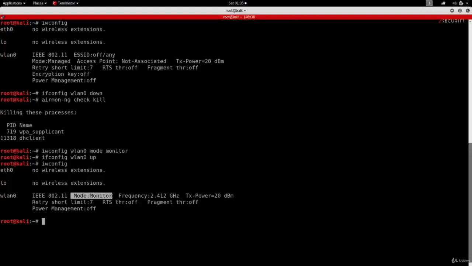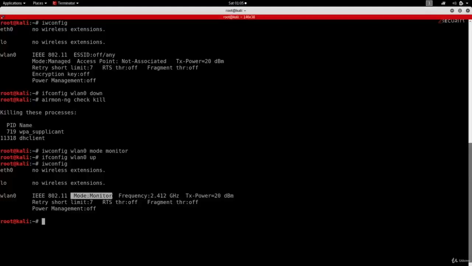So in the future, if I say use your interface in monitor mode, this is what I mean. You'll basically have to enable monitor mode as shown in here. I've also included a YouTube video in the resources of this lecture to show an alternative method to enable monitor mode, just in case you got errors with this method, or you tried to follow something that I do in the next lectures and it didn't work. Then you can come back and try the alternative method. But if monitor mode is enabled successfully, then you don't need to watch that video, you can just continue with the course.